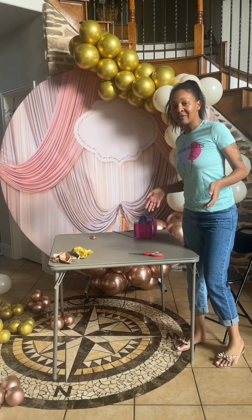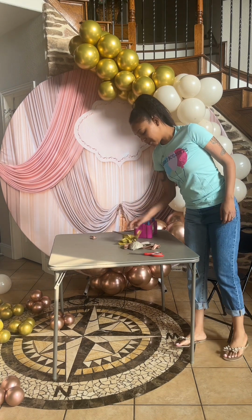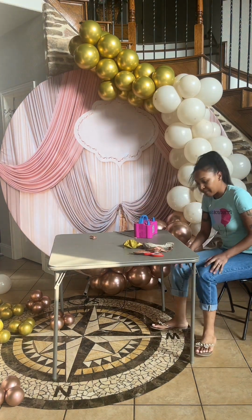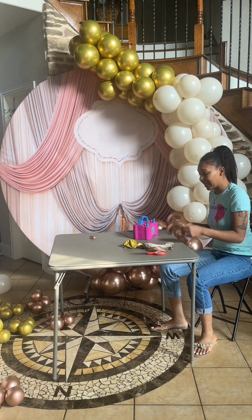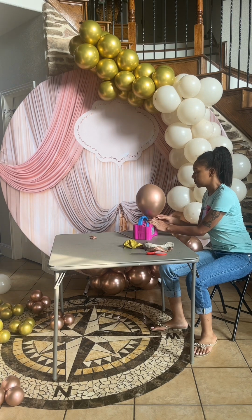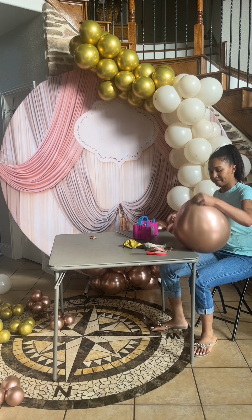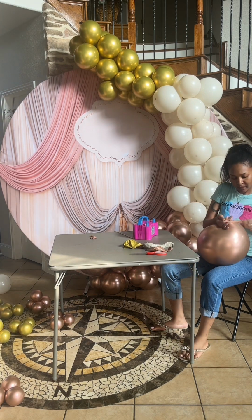Now that we made our 5-inch variations, I have all my 18-inch balloons. It looks like I have 2 of each color, so I'm gonna blow these up as well. I do blow these up one at a time because you're not tying them together. Pour some air out, and then